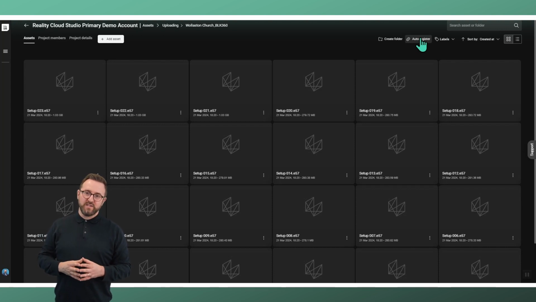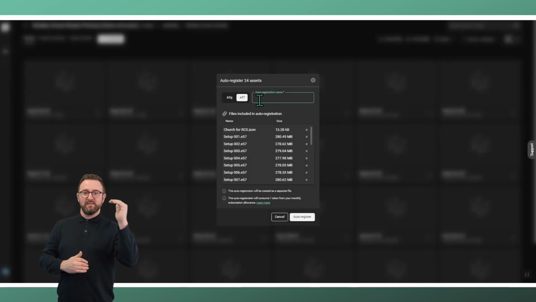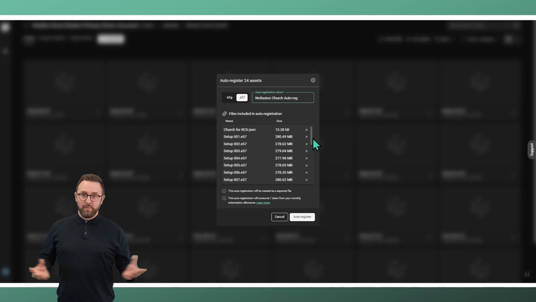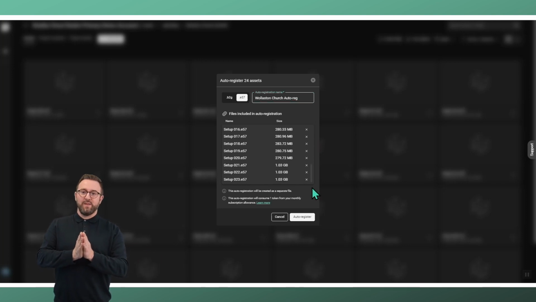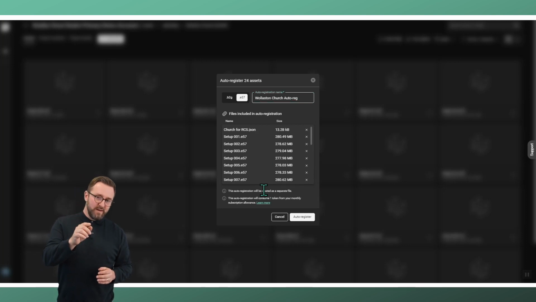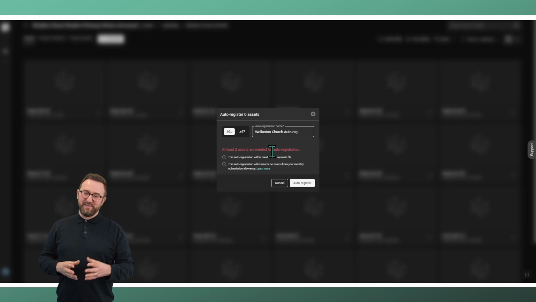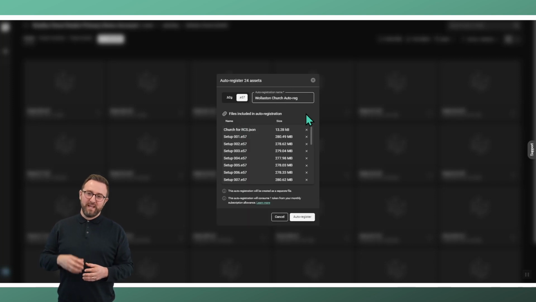So we click auto register, it will give us the list of the files, and the key point is you've got your scans, in this instance some 20 plus scans, but there's also what's called a JSON file, and the JSON file contains the viz information that allows us to complete the registration directly within Reality Cloud Studio. So what we do now is once we're happy with the files that's picked up with the file name, of course you can't use B2G on an E57 bunch, so you get an error warning, but once we're happy we